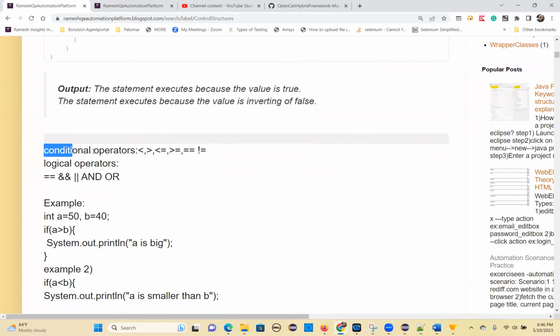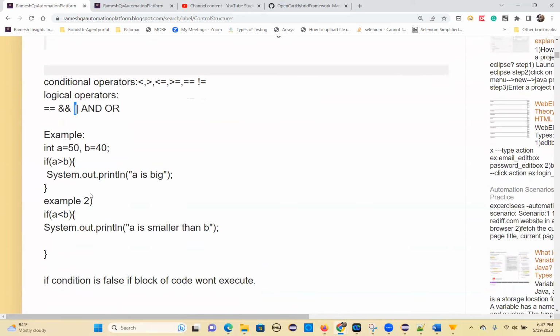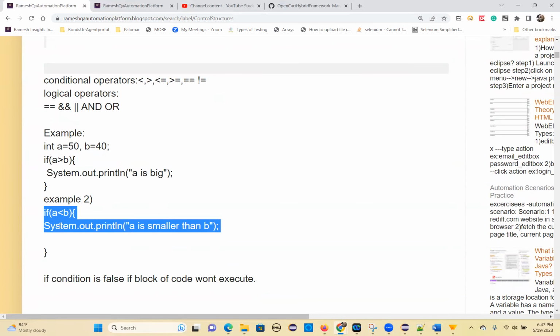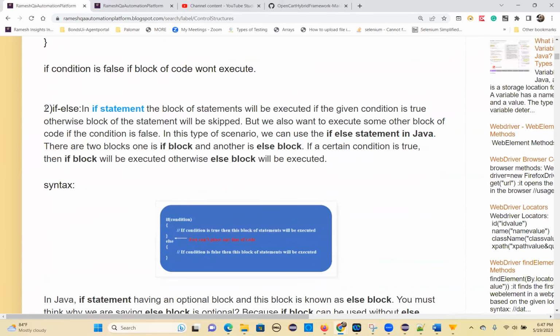So what are the conditional operators? You know already: greater than, less than, greater than or equal to, less than or equal to. And among the logical operators we have double equal to, ampersand, and or. These are the logical operators. You can write simple code with them, and we'll see this in the examples. Okay. The second part is